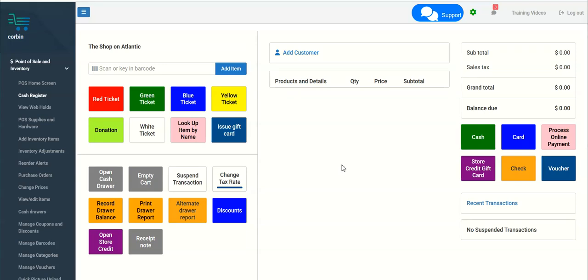In this video, I want to show how you can use the Change Tax Rate button on your register to remove sales tax from individual items within a shopping cart, or from every item within the cart in the situation where your state might have a tax holiday and tax is not charged to any product under a certain dollar